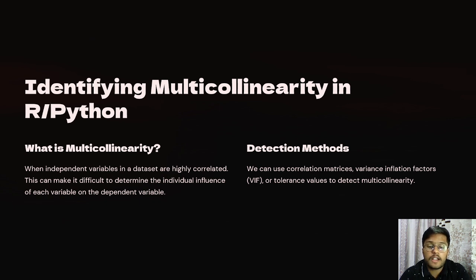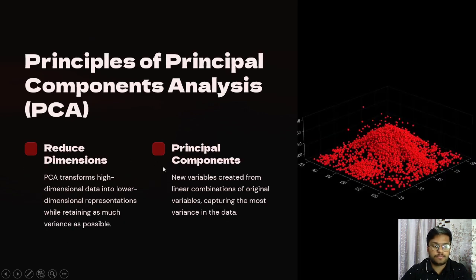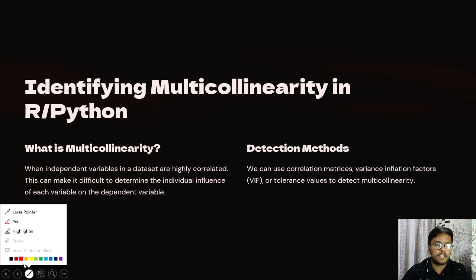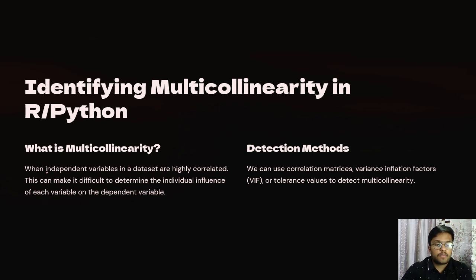Identifying multicollinearity in R and Python. So let's discuss multicollinearity. Multicollinearity is when independent variables in a data set are highly correlated. This can make it difficult to determine the individual influence of each variable on the dependent variable. Detection methods: we can use a correlation matrix, variance inflation factors (VIF), or tolerance value to detect